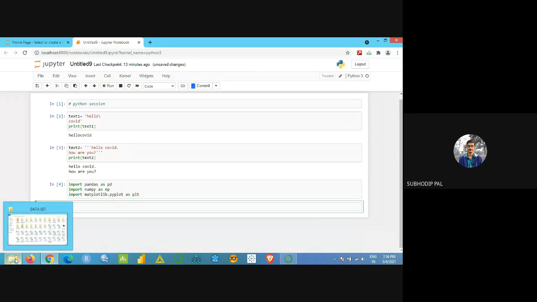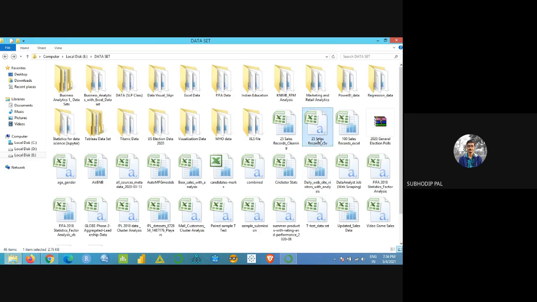So I'll go to wherever I have kept my file. This is the file I'll be using. The first thing you have to understand is in which format the file is. My file is in CSV format. Now I have to get the path. Here you can see this is the path. My file is in Computer, Local Disk E, and the folder I have created here is dataset. So I'll click here, and this is the E drive and the dataset. I'll copy this path, just Control C. Are you getting it? Any confusion? This is very vital for how to import the Excel file or any data file.